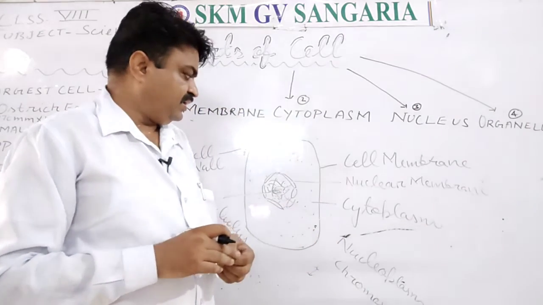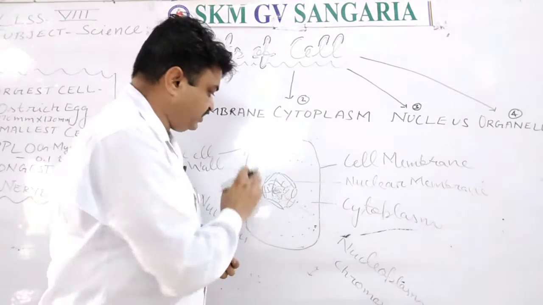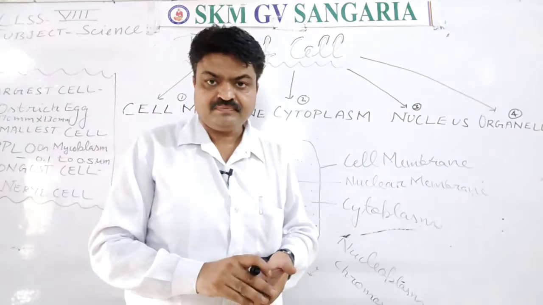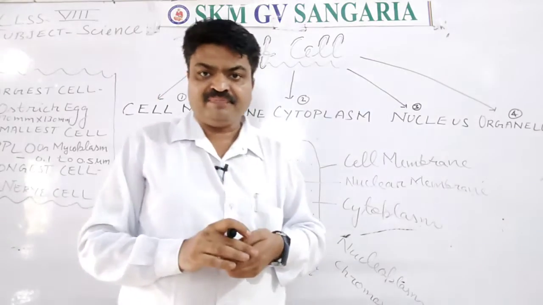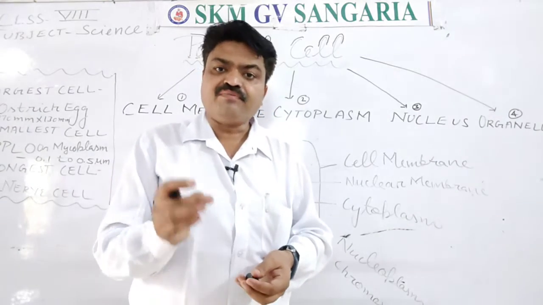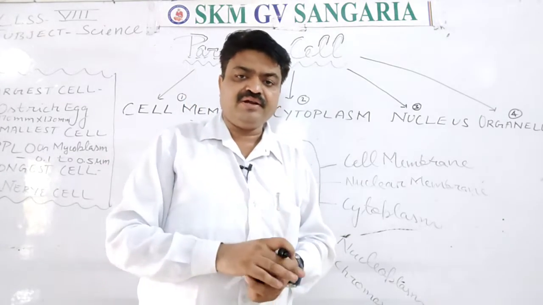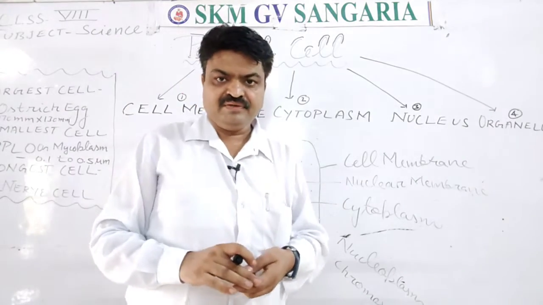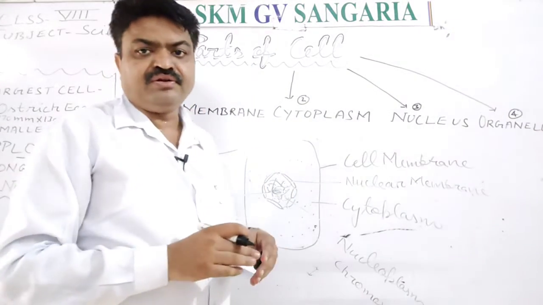Next important part about the nucleus, student, it is nucleolus and this nuclear membrane. Now this nuclear membrane has pores in it, from where the substances are transported from the nucleus to the cytoplasm, or from the cytoplasm to the nucleus, and that part is known as nuclear pore. What we call, student? These are the nuclear pores. So it is about the nucleus, student.